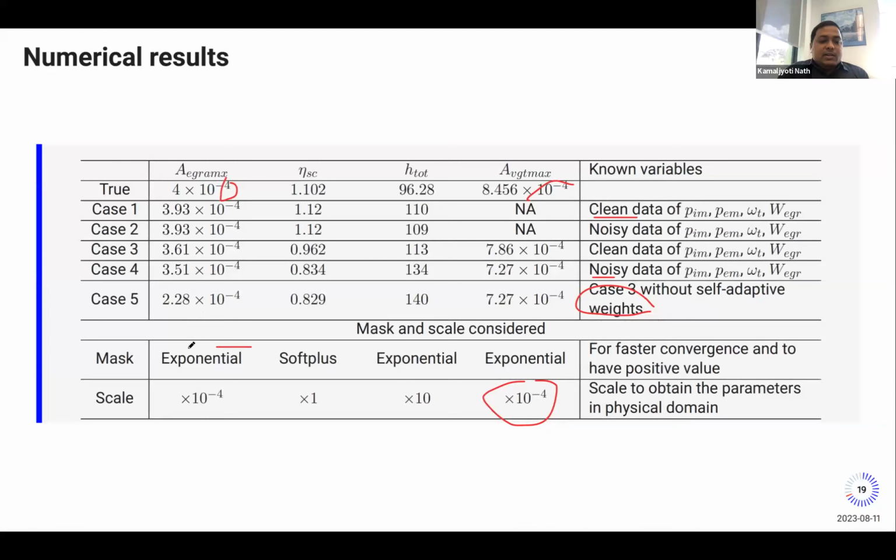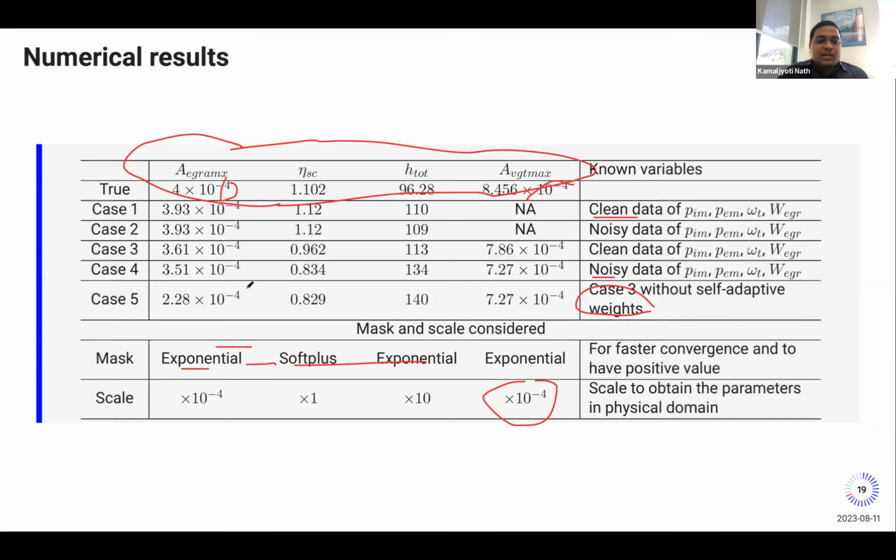Okay. So these 4 quantities are physical quantities, so they cannot have a negative value. This exponential function and softplus function will make sure that there is no negative. If it is negative, there will be a backflow of gas from the system. It can be any other function, exponential or absolute value is also fine, but it should be a positive value. That's what the mask is there for.